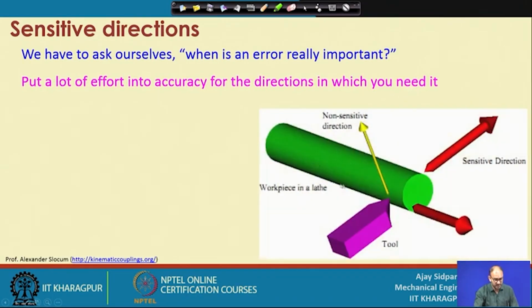So, now consider this is the turning operation. What we get out of a turning operation is one particular component. This is the component we are getting out of it. And how do we specify this component? We specify it in terms of the diameter and the length, correct. So, now these are the two directions which are sensitive, because if your component or your machine is not stiff, what will happen is that you will